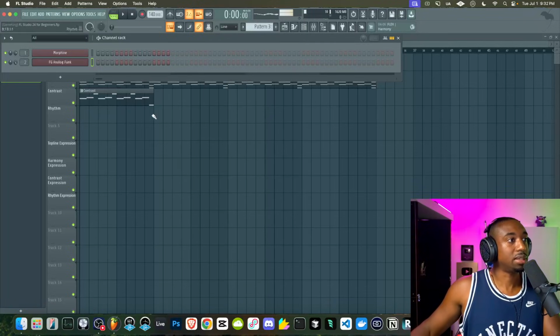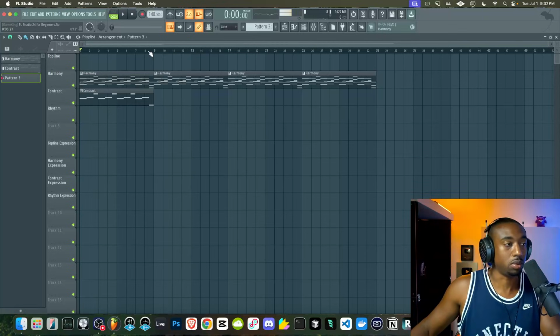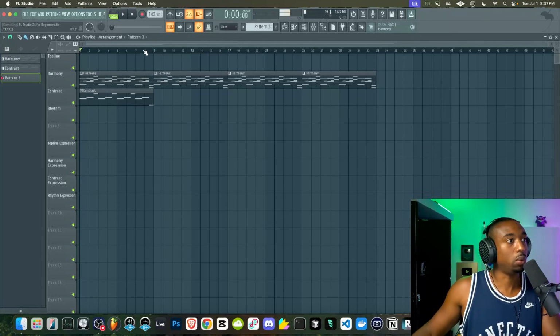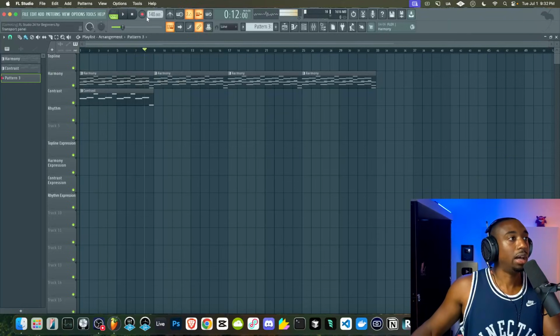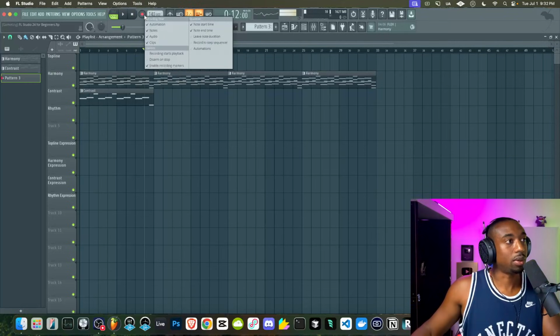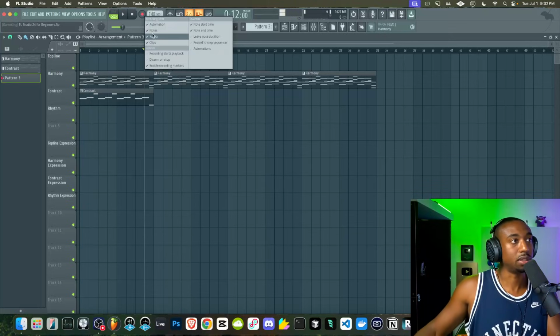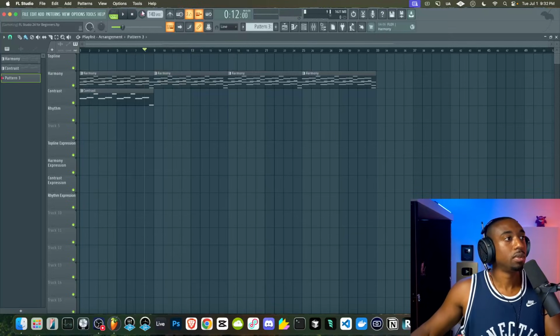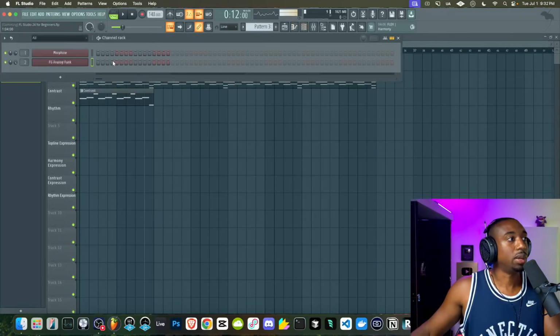So now I'm going to record a bass, but this time I want to record it with my own playing. So what I'll do is I'll go back one bar to give me some time. I'll hit record. Make sure you right click your record button and turn on automation, notes, audio clips, and audio clips. This will make sure you record everything. Okay. And basically the program will listen for me playing my actual keyboard.